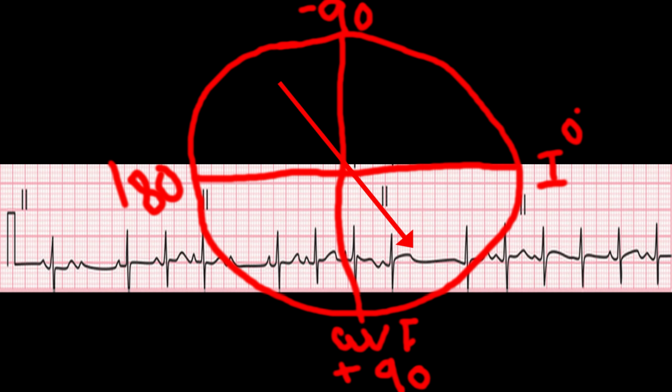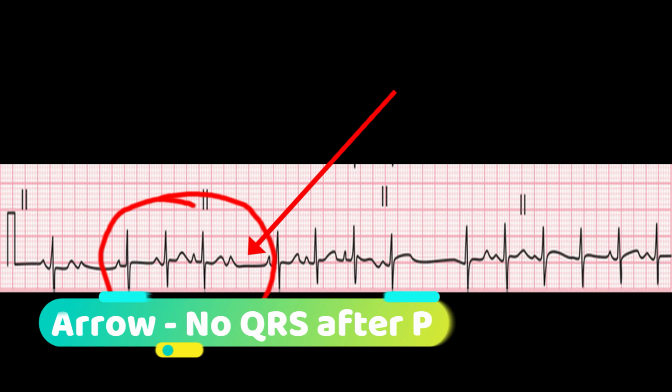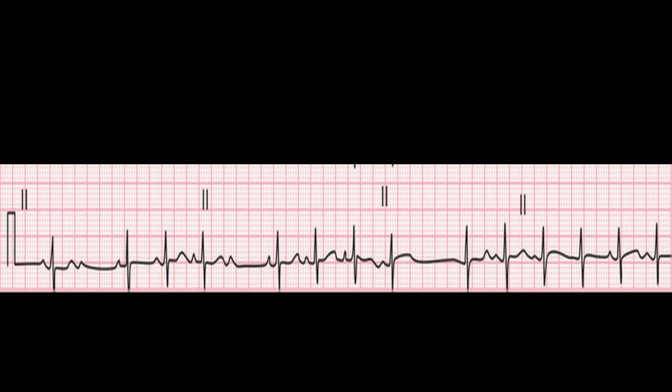Now in this you look at the first complex, first PQRST, and you compare the shape of that P wave with the other P waves. So probably the first P wave is a premature atrial complex, and after that there is a P wave and there is no QRS complex, and then there are 3 QRS complexes, but you look at the PR intervals. The PR interval is gradually starting to increase, and after the 4th P wave there is no QRS complex. So that is a missed beat, and that is Mobitz type 1 block.